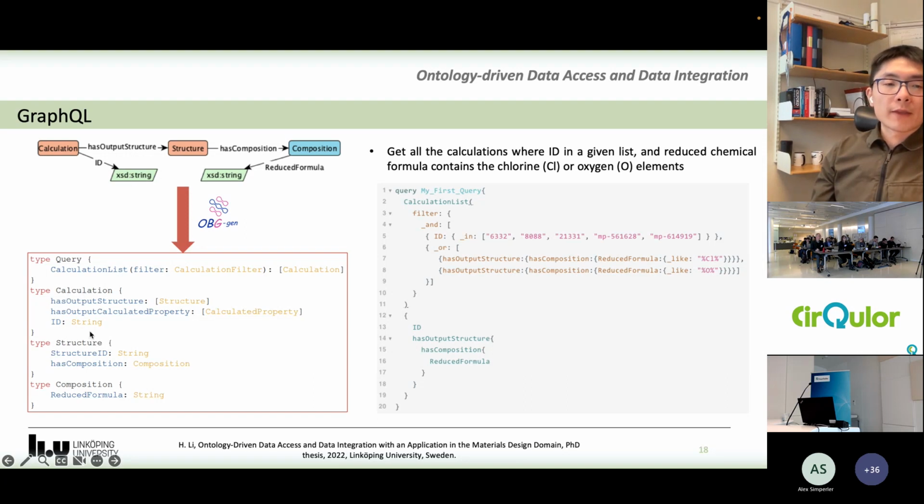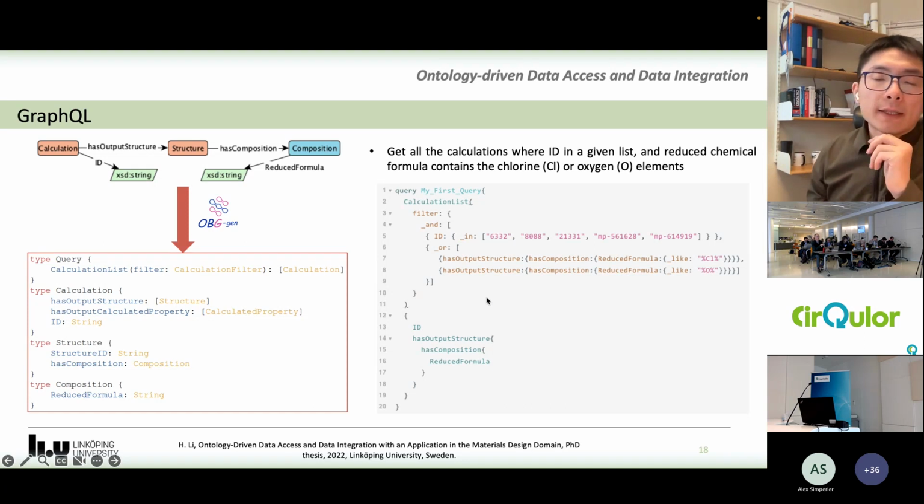For example, here in the schema, we have the calculation type, where the calculation has the ID, which the returned type should be string. And it also has the field definition has output structure, which the returned type should be a list of structure. So based on our tool, we can generate such a GraphQL schema based on the ontology.